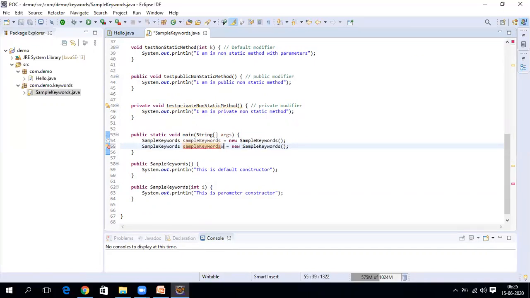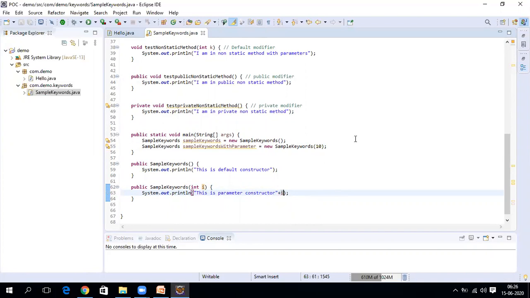Sample keywords with parameter passing. Okay, and then you can pass some int value. You can specify one to so many. Okay, then if I'm passing 10, then this constructor is going to be called and it populates the value, whatever value you are giving. So you can see this one. So I can put I,